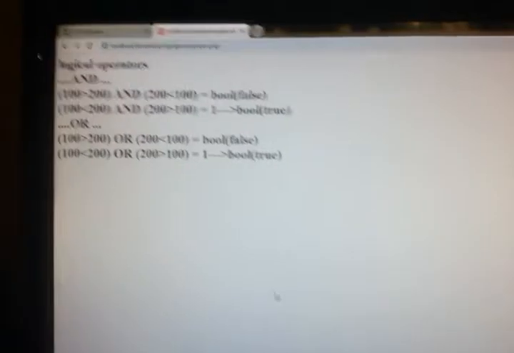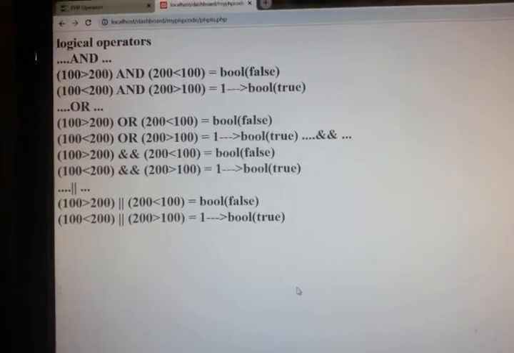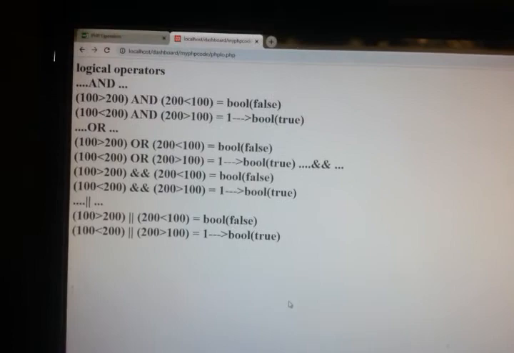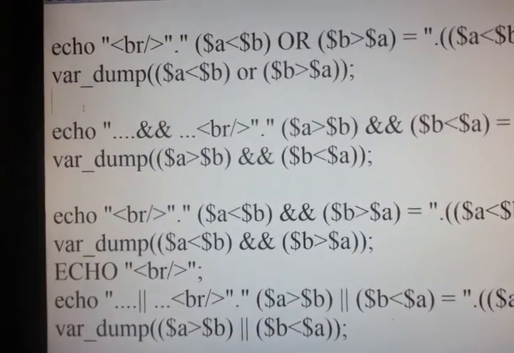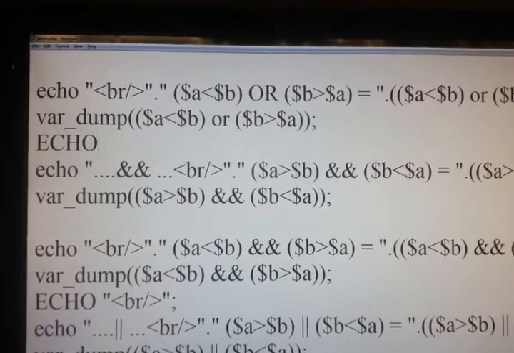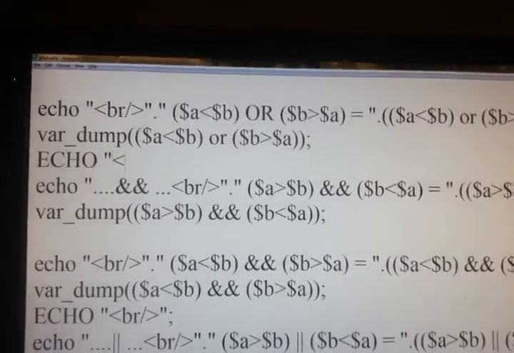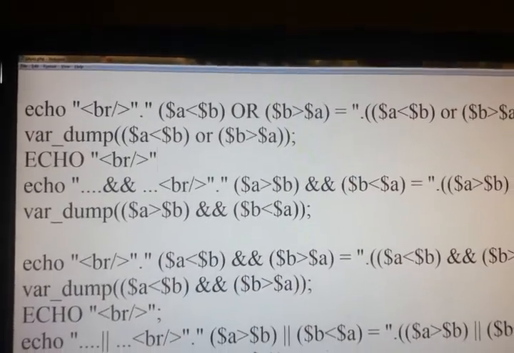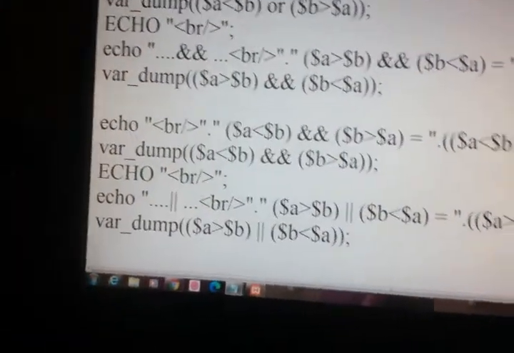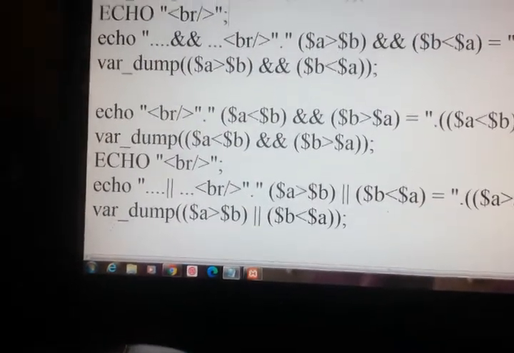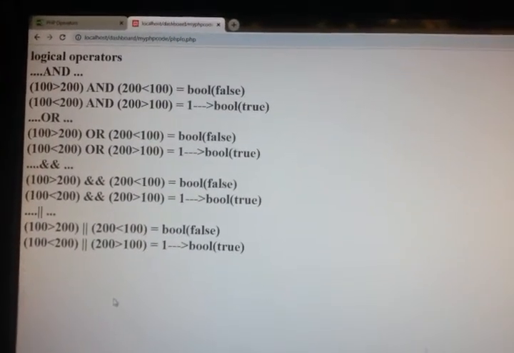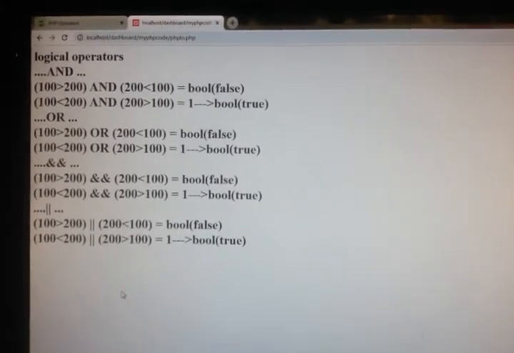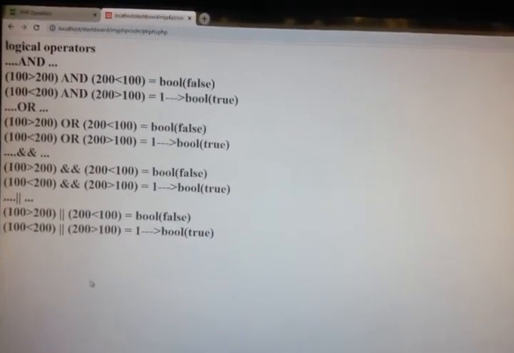Just save it. Now execute. One echo is missing. See, the results are the same whether you are using AND, OR words, or the operators.